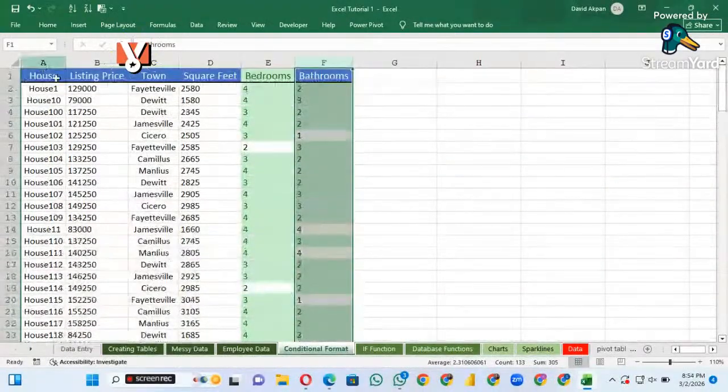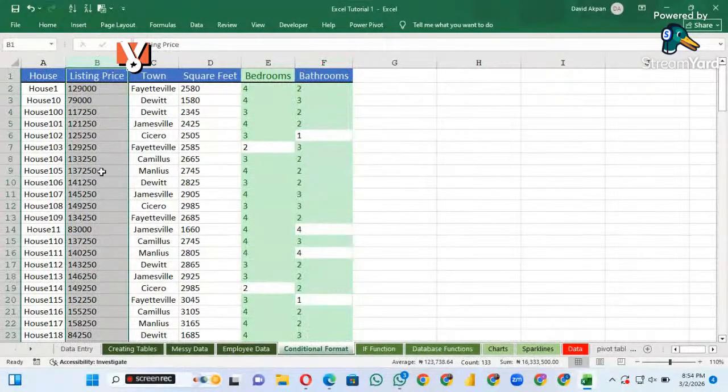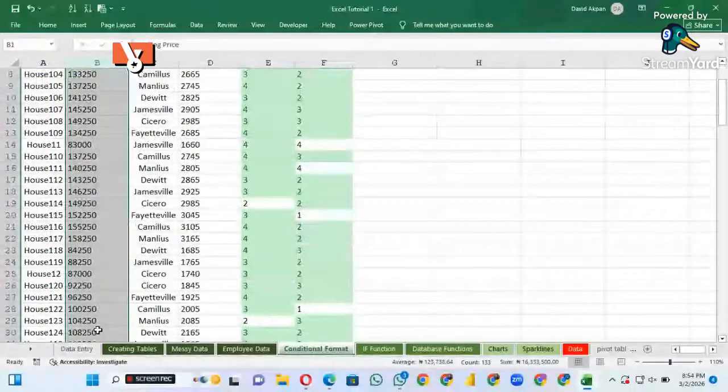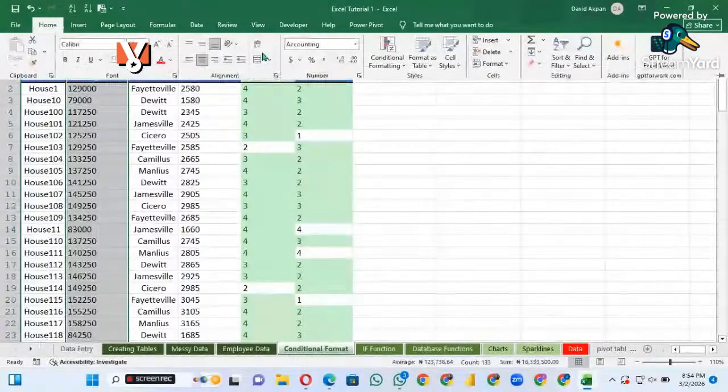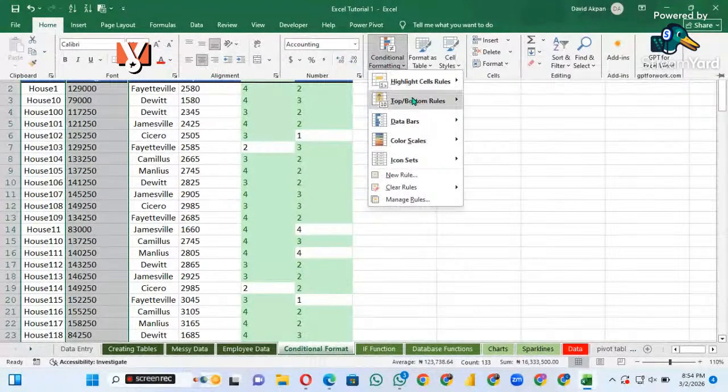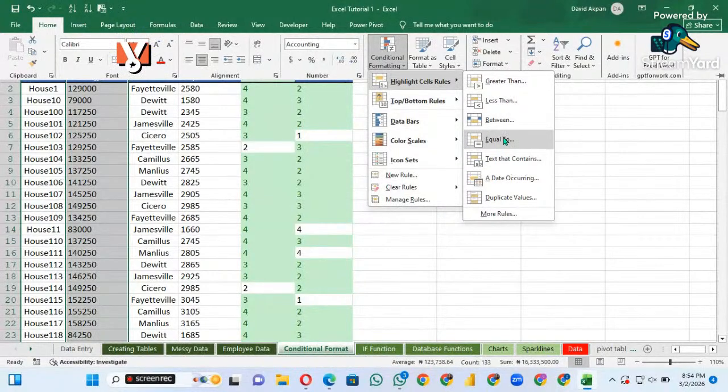Now, let's assume, for instance, we also have the price issue, where I want the amounts that I'm spending to be less than 100,000, as the case may be from this data, because I can see I have 158,000, 155,000, and I have 84,000, 96,000, and so on. In that case, I can still apply the formatting. It depends on what you are doing. This formatting will just help you to highlight these rules. So I can say highlight rule, let it be